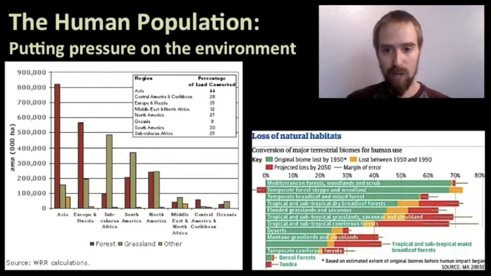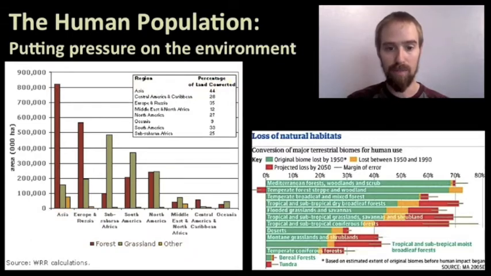In these figures, we can see the extent of habitat loss on our planet, and sometimes the numbers are quite striking. For example, in this figure, we can see that in Asia alone, over 800 million hectares of forests, 150 million hectares of grasslands, and 80 million hectares of assorted other ecosystems have been converted due to human activities. That amounts to 44% of the total available land in Asia,